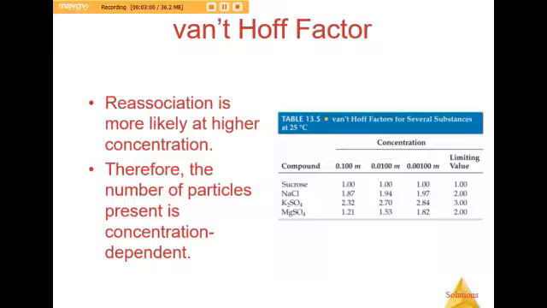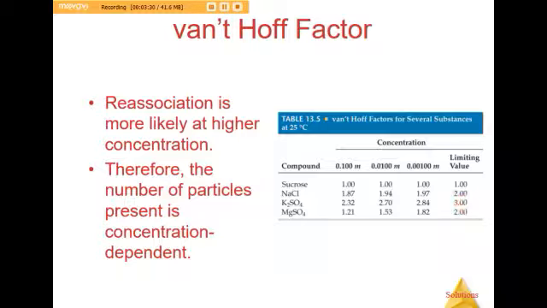1.97 moles of solute. So when we look at this, we can see that as the concentration comes up, it is more likely that the ions will find each other in solution and reassociate. So when you get to 0.1 molal, the Van Hoff factor, or the number of moles that will be produced, is 1.87. We can see potassium sulfate shown here, where its limiting factor will be 2 moles of potassium and